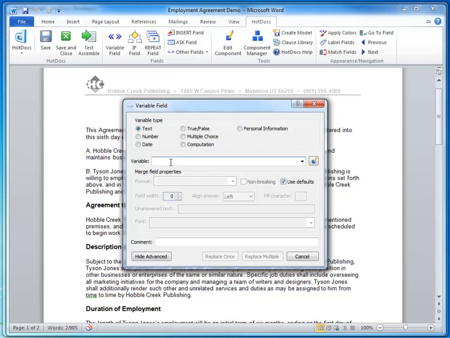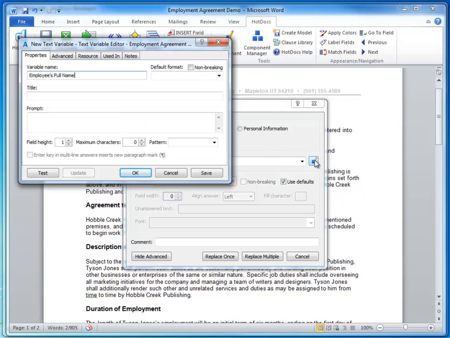So to create a text variable, we'll put in the name for the variable. On the right hand side there is an icon representing the edit component box. You click on that, and here you can choose different capitalization patterns for the variable. For this example, we'll choose like this, so the first letter of each word is capitalized since it's a name. You hit OK,